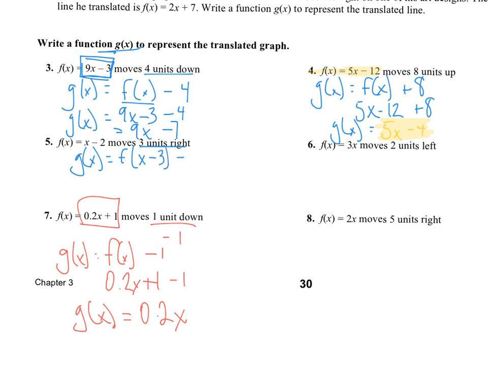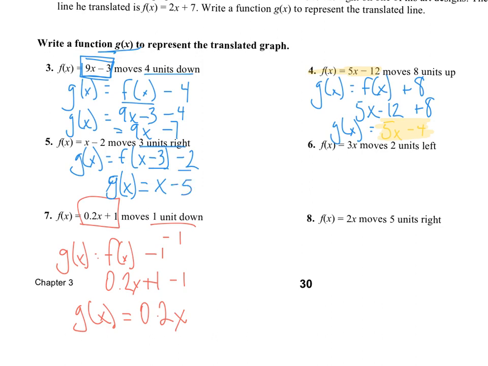Then we've got this minus 2 to deal with. There's nothing to multiply here, there's nothing outside of here. So g of x just equals x, and then I can combine minus 3 minus 2,